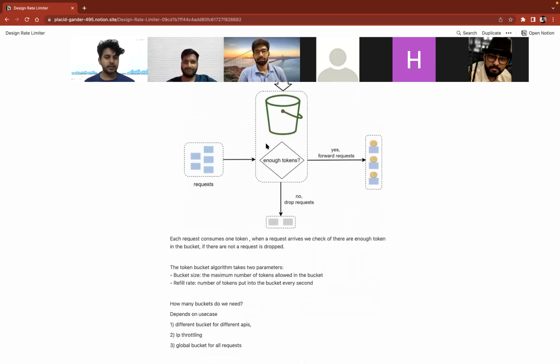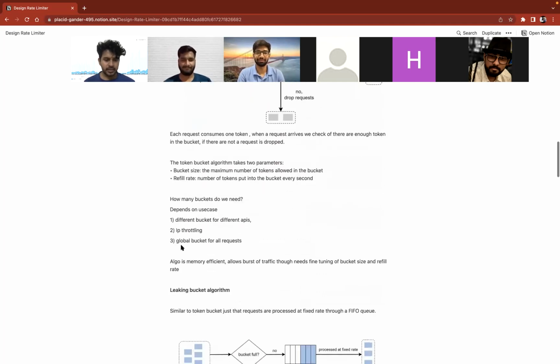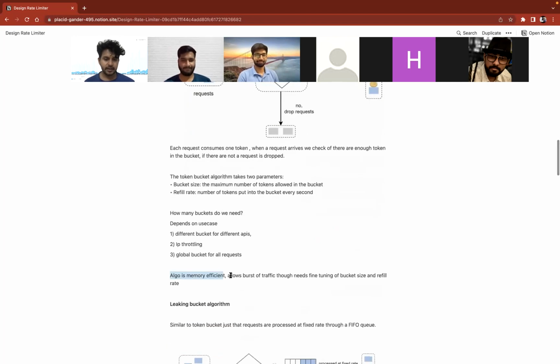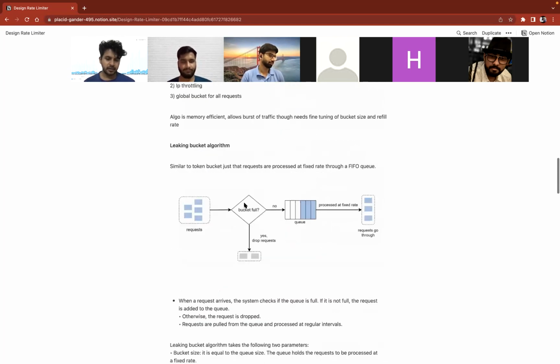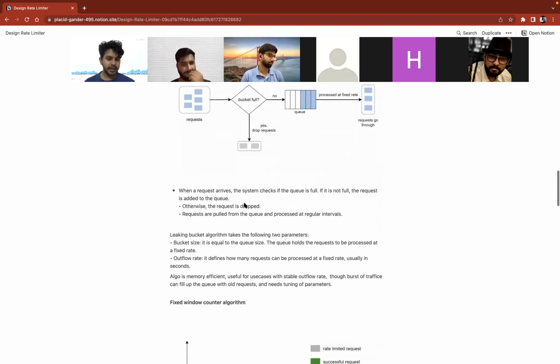For token bucket, which is कि bucket में if you have enough content in the bucket or not, the limitations are: algo is memory efficient, correct? क्योंकि आपके bucket की size fixed है, ठीक है? But जब भी वो आएगा, it will also allow burst of traffic. आप बहुत easily tweak कर सकते हो, लेकिन आपको फाइन ट्यूनिंग करनी पड़ेगी उसमें, ठीक है? तो this requires you fine tuning a lot, ठीक है? That is its limitation. इफ यू टॉक अबाउट लीकी बकेट, भी मेमोरी एफिशिएंट है क्योंकि क्यू की साइज फिक्स्ड है